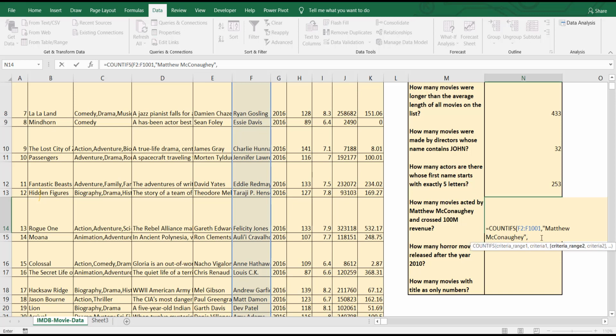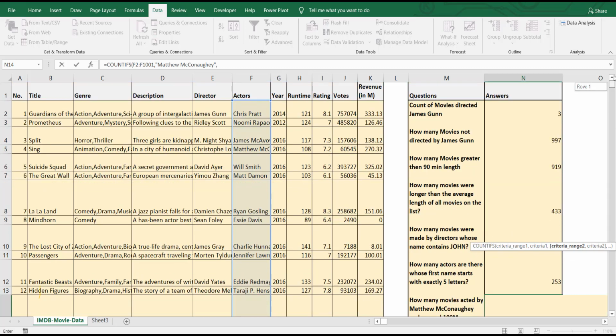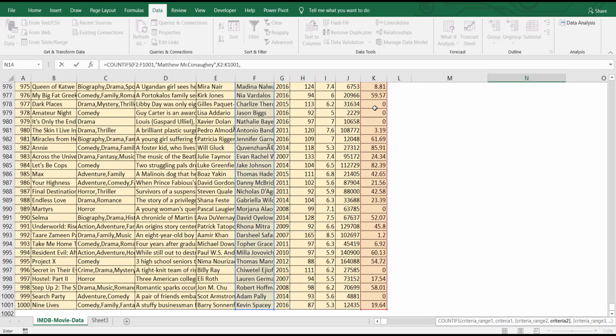And then the second criteria is, out of those movies acted by Matthew McConaughey, how many crossed 100 million? This is about revenue. So we'll select revenue as a column, and again I put a comma.